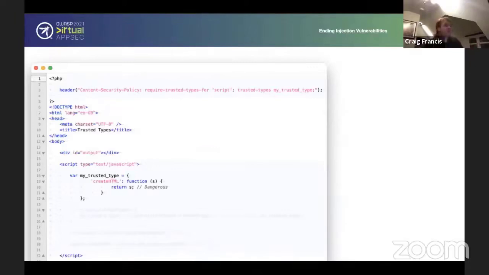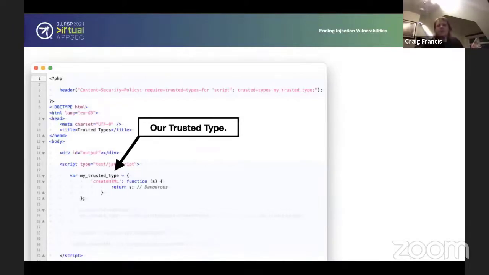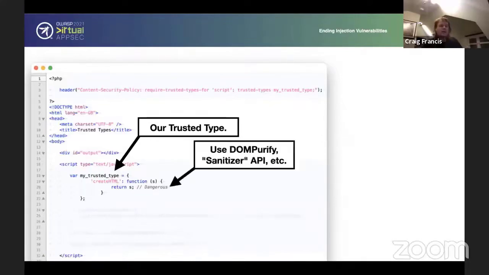The policy is very much just a JavaScript object. It's our trusted type, and it just simply has a few methods on it. You only have to have one. Now, in this case, I kept it simple by just simply returning the value, not doing any checking on it. That kind of misses the point, really. You should be using something like DOM Purify or the new Sanitizer API, which has been developed at the moment,